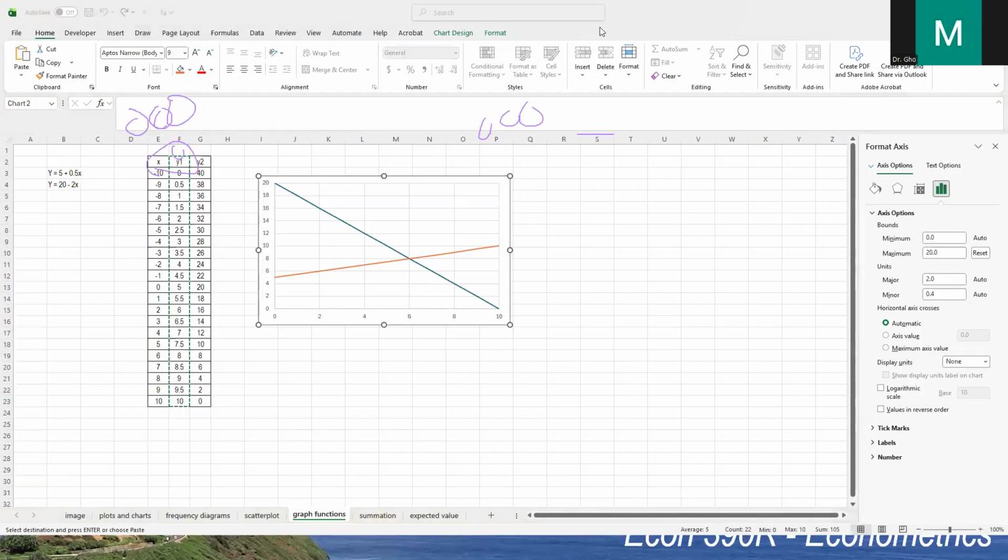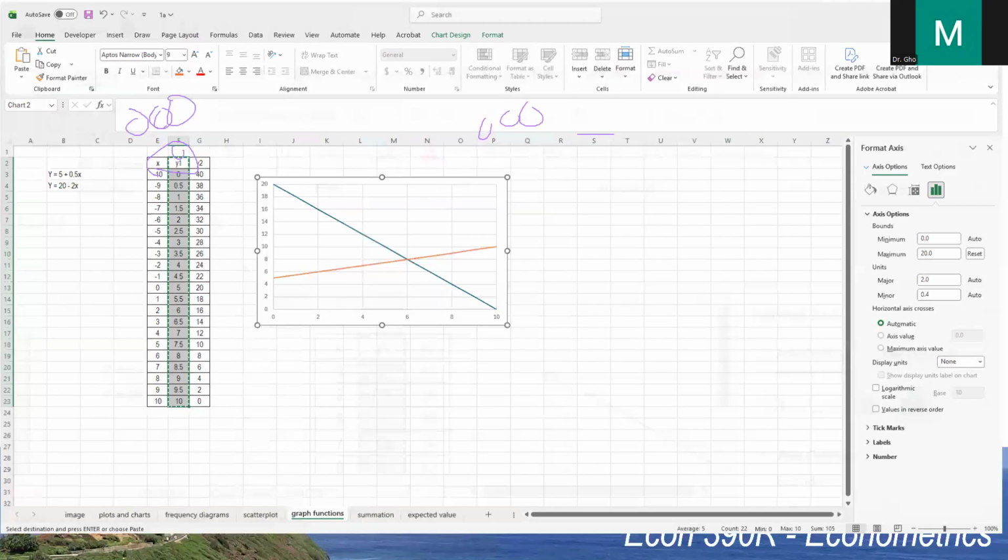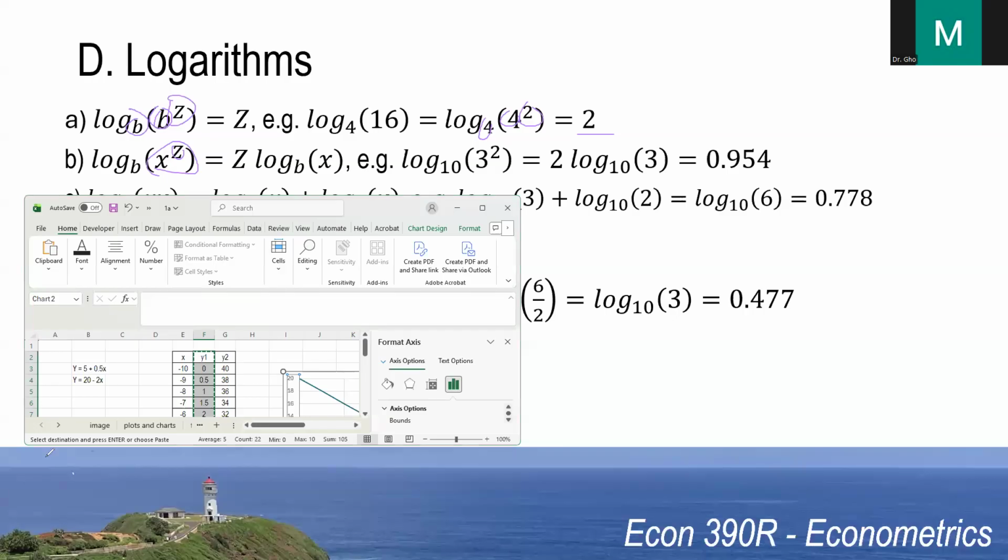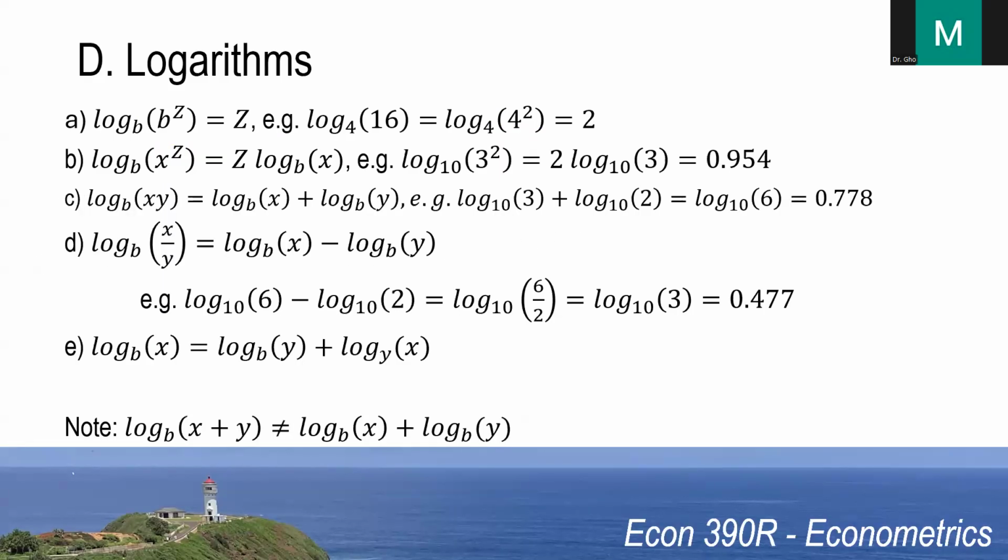Stop drawing. Okay, let me clear this up. Okay, so I have